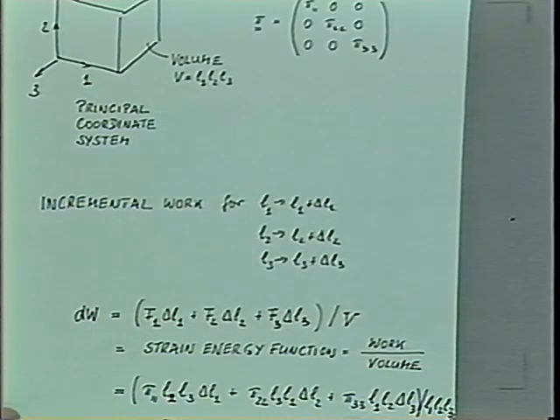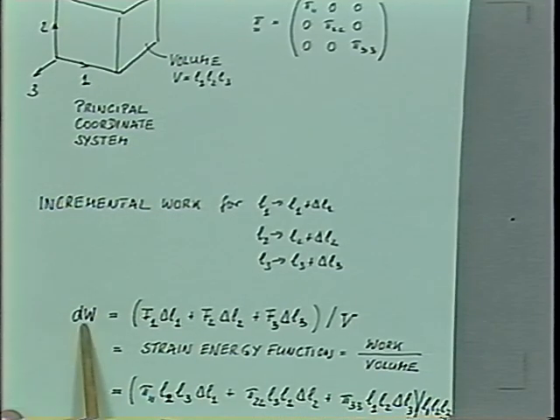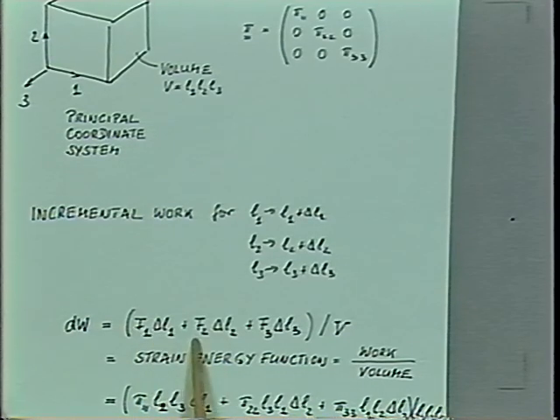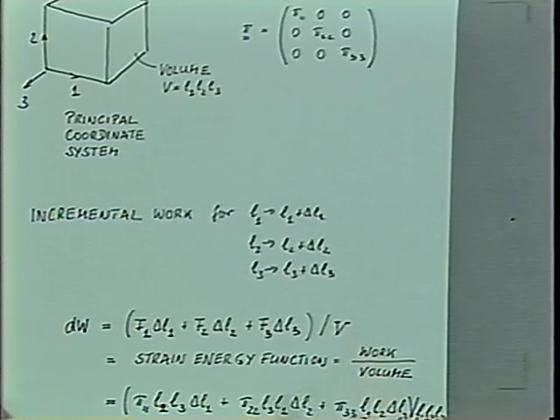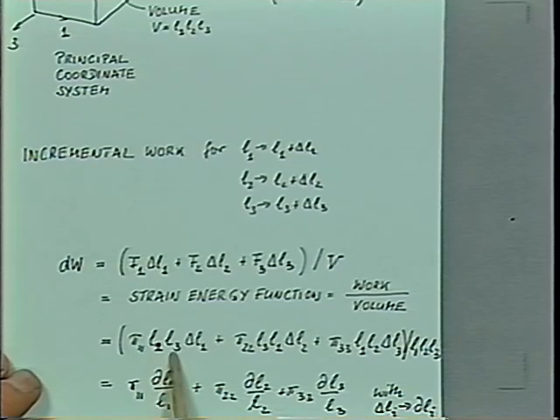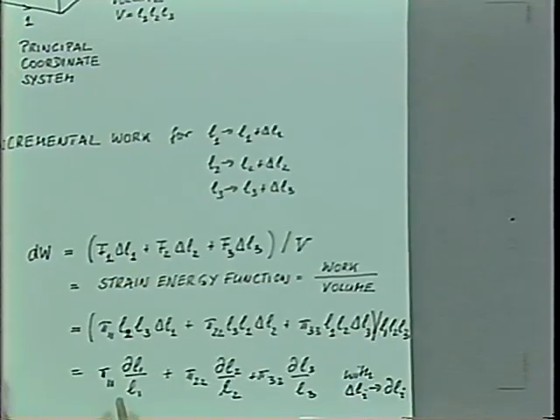So the work used for generating this deformation divided by the volume of our little cube is the so-called strain energy function, and the increment is given by the force in one direction times the displacement in one direction, plus the force in two direction times the displacement in two direction, plus the 3 component, and the whole thing is divided by the volume of our little cube. Now, the force is given by the normal stress multiplied with the area of that cube. So we have on the one face pi 1,1 acting, multiplied with the area, L2 times L3, times the displacement. And we do this with a 2 surface and a 3 surface, divide by the volume,